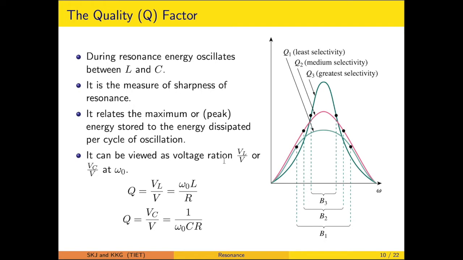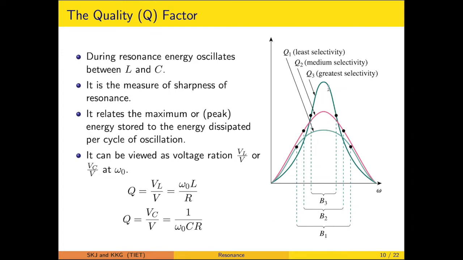However, for clarity, in case of a series RLC circuit, the Q factor is nothing but VL upon V. This V is basically appearing across the resistance, so you can say VL upon VR. Similarly, VL is identical to VC, so the Q factor can also be designated as VC upon VR. When we make a substitution, the Q factor comes out to be omega 0 L upon R, or conversely 1 upon omega 0 CR. Here we have simply substituted the XL and XC values in the respective relation.